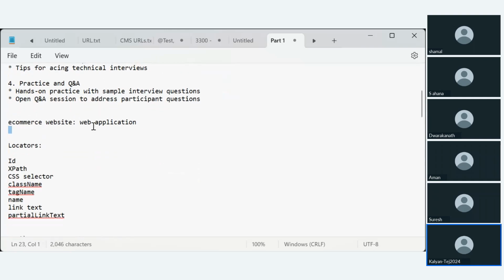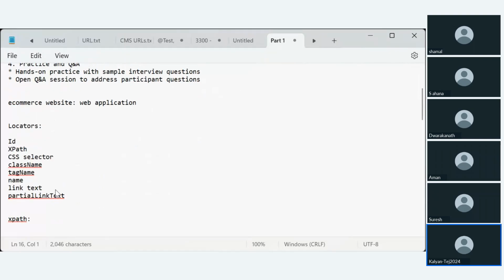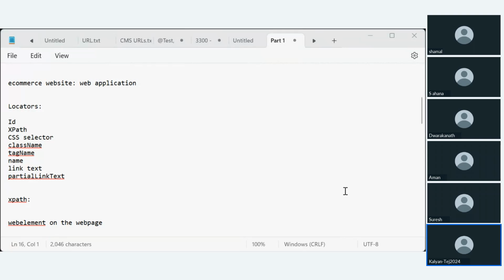Before going on to resume building and interview tips, let me discuss a few important Java programs and questions with respect to Java.